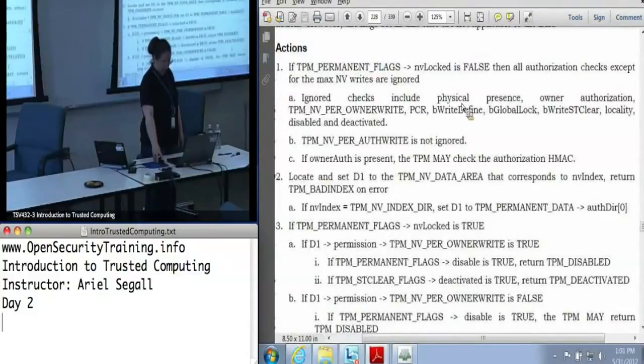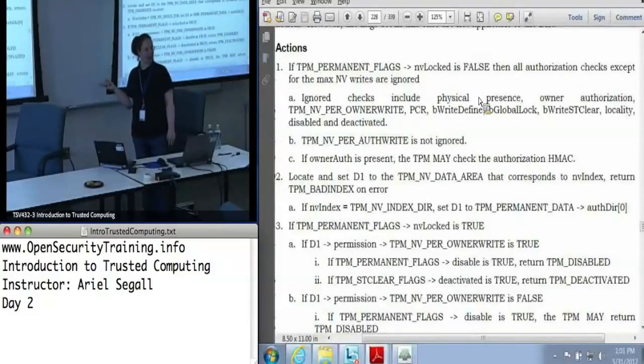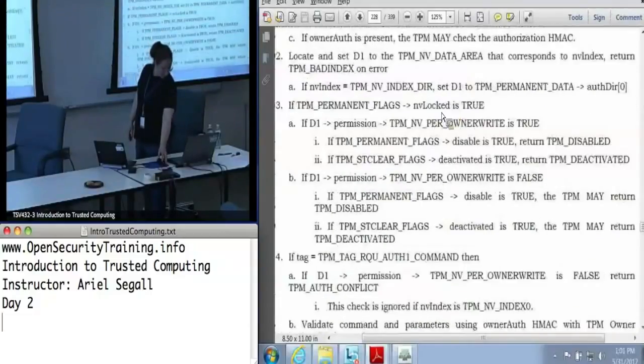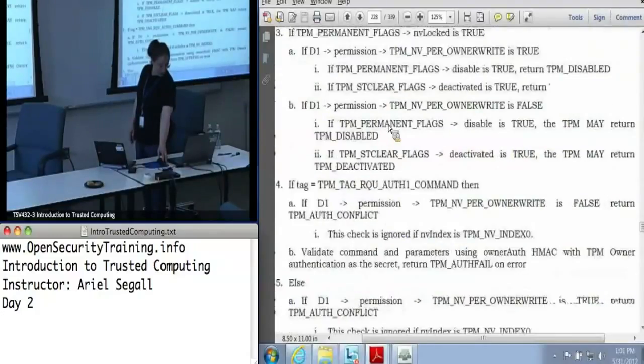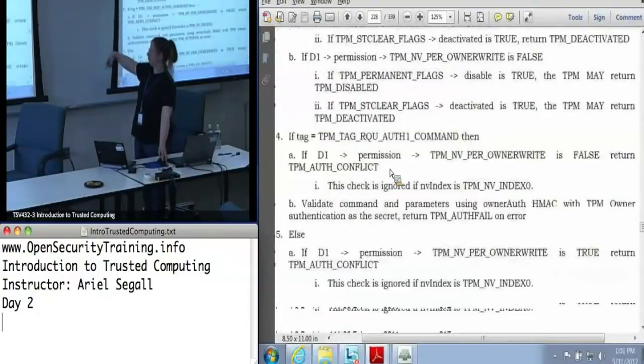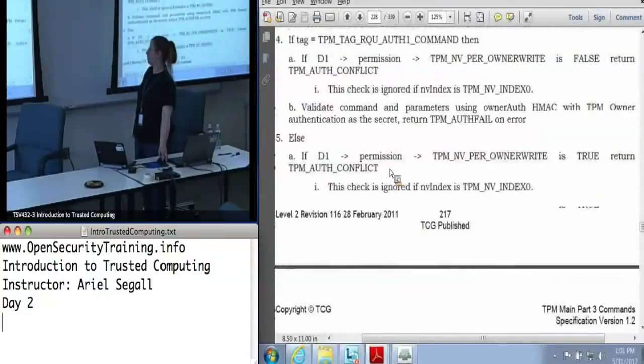And here, again, we ignore checks, which checks we ignore. Remember I said NV locked was the flag we care about? This is why. And here, we check a bunch of permissions. And depending on what the permissions are, we may return a whole bunch of errors. This is pretty standard TPM